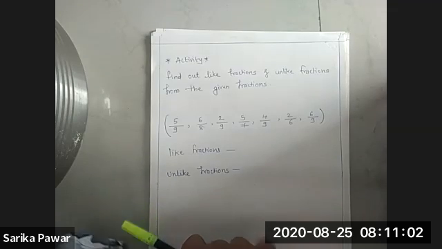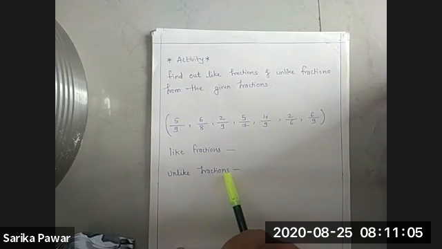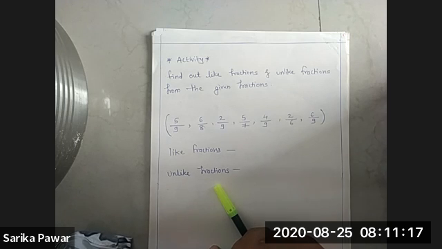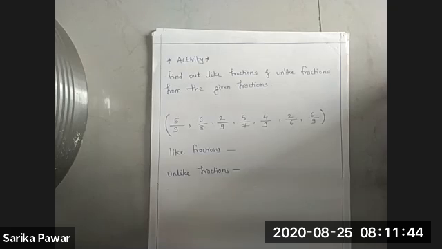Now what we have to do? We have to differentiate the fractions into like fraction and into unlike fractions. Okay. Now who will tell me the like fractions? What we learn in like fraction? In like fraction, denominators are equal, and unlike fractions, denominators are different. So tell me now. Who will tell me the like fractions from the given fractions? Just raise your hands so I can tell you to answer. Who wants to answer? Sangam Yadav?